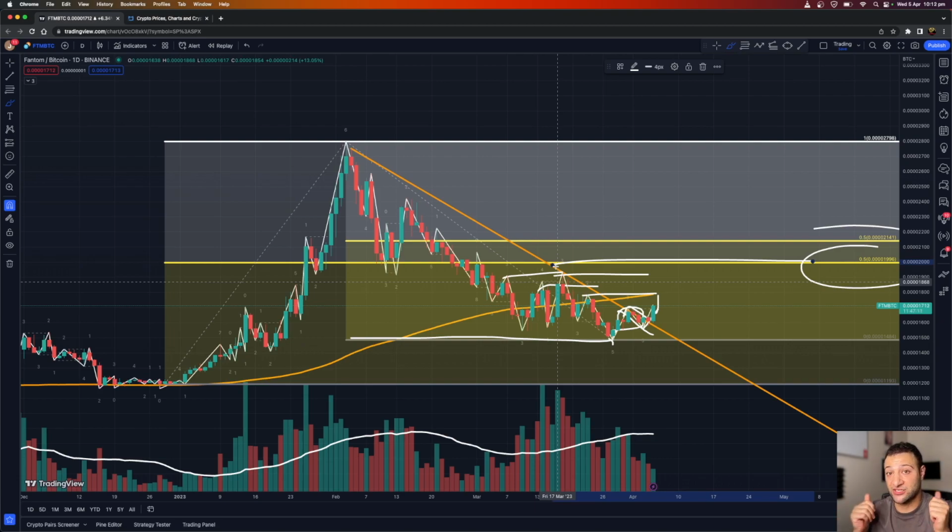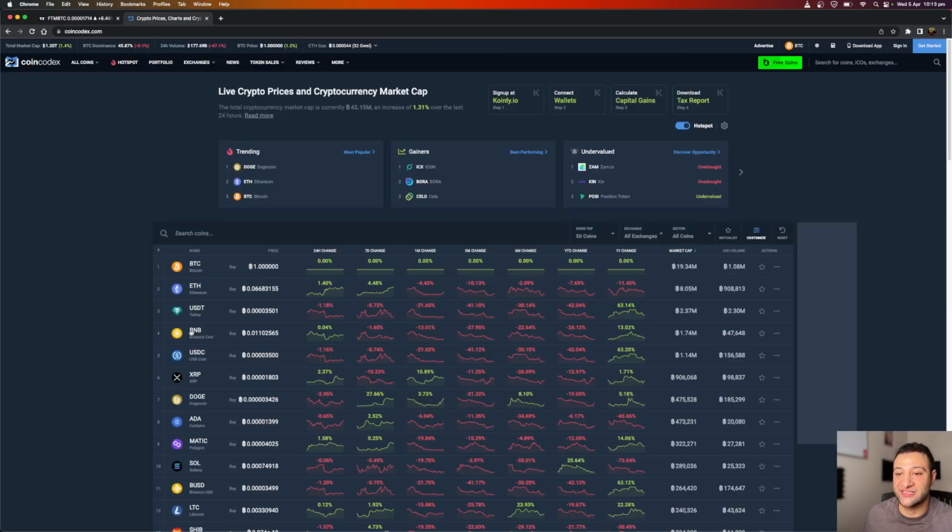This is why April is going to be generally a very good month for altcoins, because they're all outperforming their BTC value on the short-term time frame, around that 1 or 2 day mark right now, and you're getting in pretty early because you've kind of got a churning period. You got a break of the churn, and now it's a good entry. It's a good safe entry. Not the juiciest entry in terms of gains, but unfortunately, guys, we can't have everything in this world. And lastly, if I go to Coin Codex against its BTC value, so we're picking all our cryptos up against BTC,